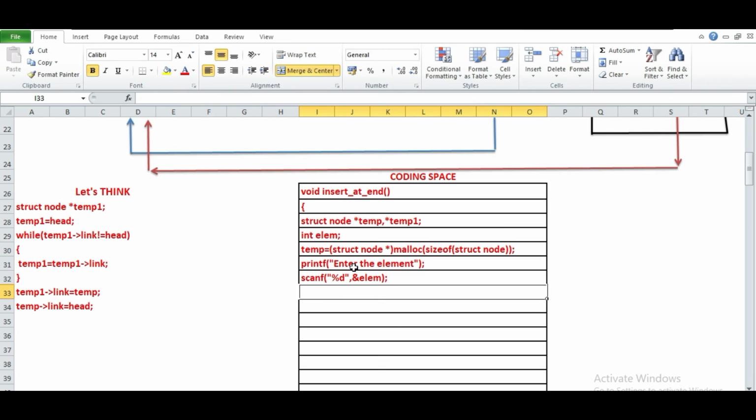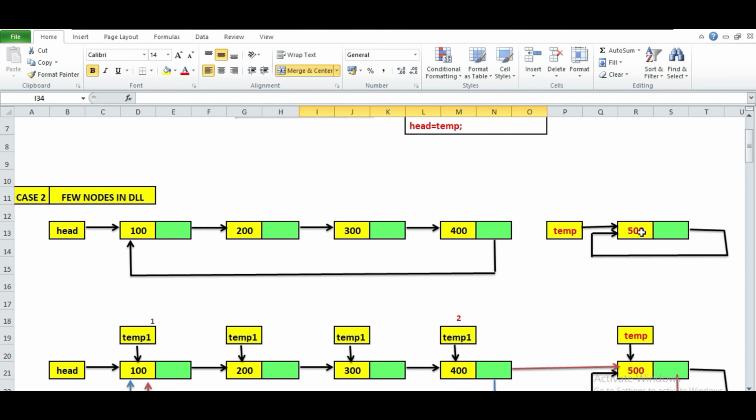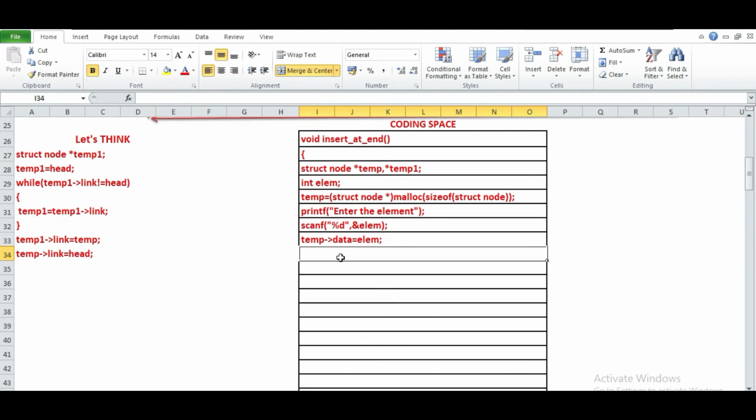Once we got the element, we will put that element in the data part of the new node. So we'll write temp's data equal to element. So once we have done that, you got 500 in this part. What about the link? We have to write temp's link equal to temp.